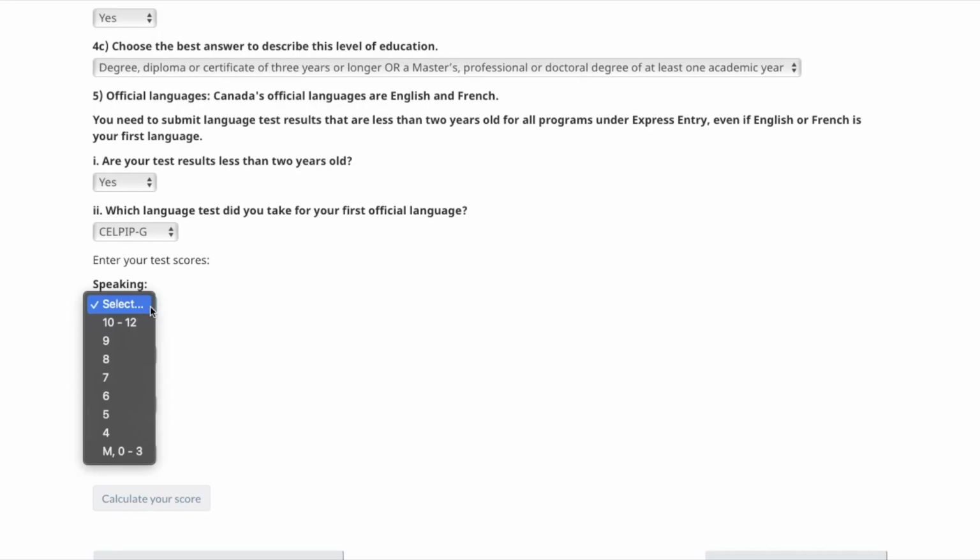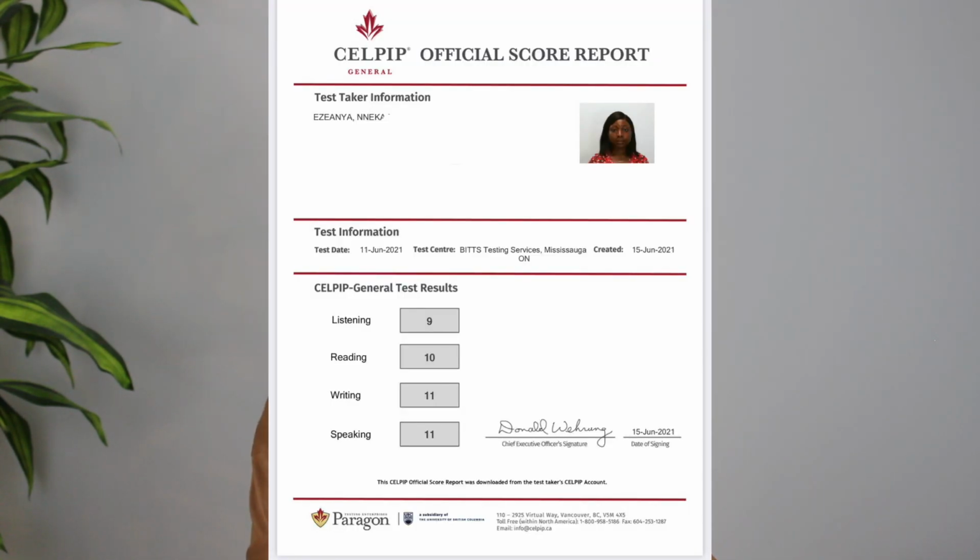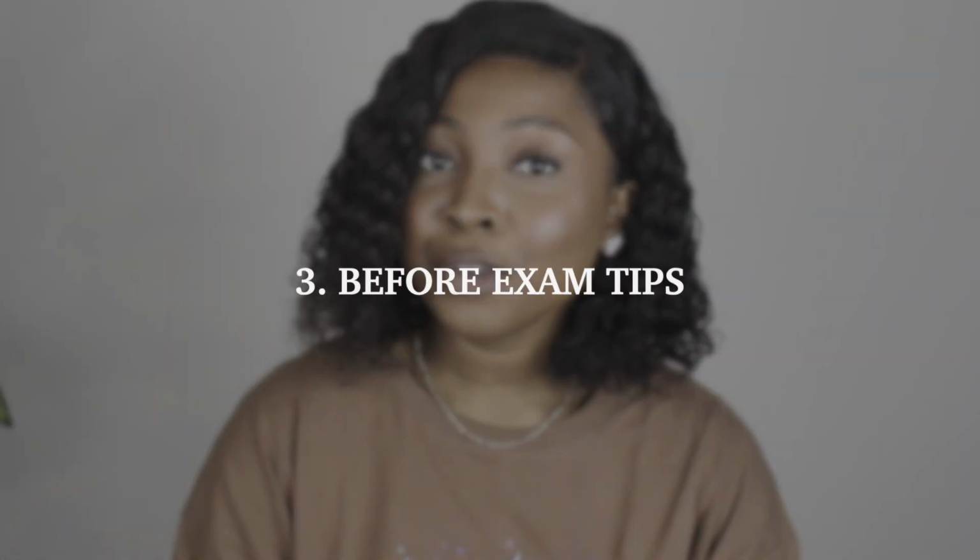The highest score for the CELPIP exam is 12, but when you're applying for your PR, the scores are graded, so you see things like 10 to 12, something like that. 10 to 12 gives you a particular score. So that's how they're graded for the PR application. I got a 9 in listening, I got a 10 in reading, and I got an 11 in both writing and speaking. So now let's go into the third part of this video, which is the tips I used prior